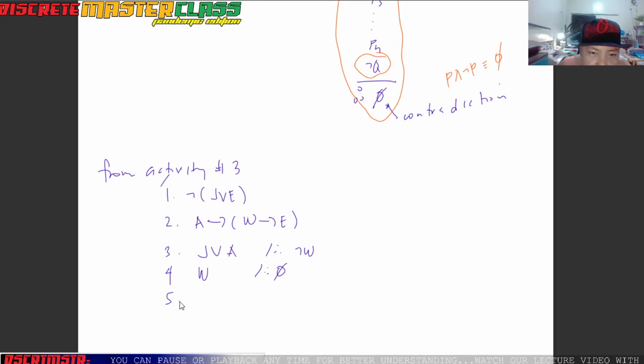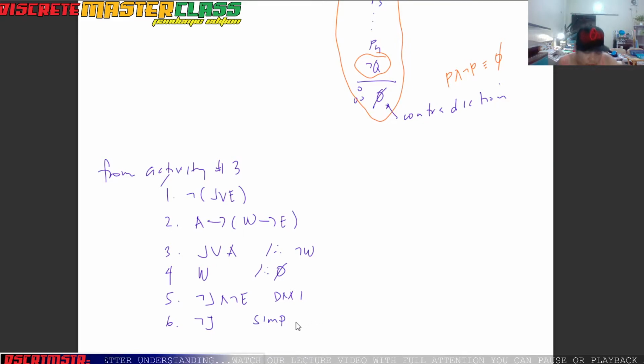Number 5. Not J, and not E. So that is DM of number 1. Number 6, I can detach not J, of course, by simp. Again, simp. Ingat sa simp ha. Lahat kayo mali sa simp. Halos lahat. Iwasan nyo rin